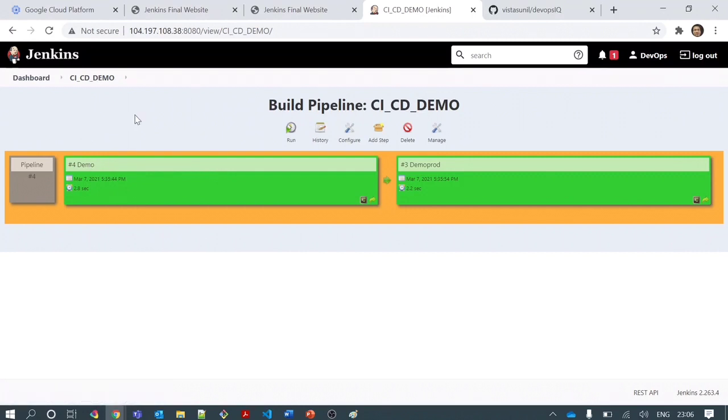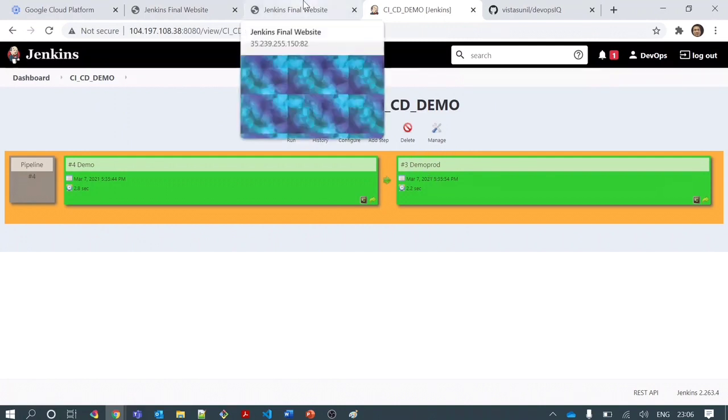So everything ran successfully as expected, and both the builds have run successfully. The build number has changed from 3 to 4, and for production it has changed from 2 to 3. So we can verify by going onto the website as well. We made changes to the production code, and this is where we see, yes, the title of the web page has changed as I updated, and the content also appeared here as a heading.